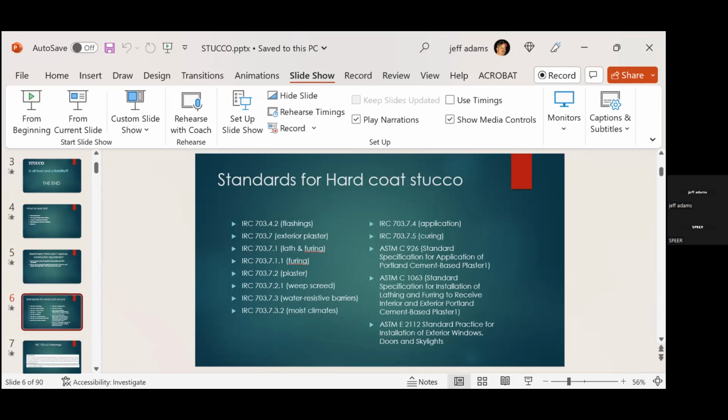Here's just some of the standards. I always tell people, when you see this, just print this as it's a great little cheat sheet. These numbers often will change a little bit, so you do have to watch that. We'll kind of go through these, but the IRC